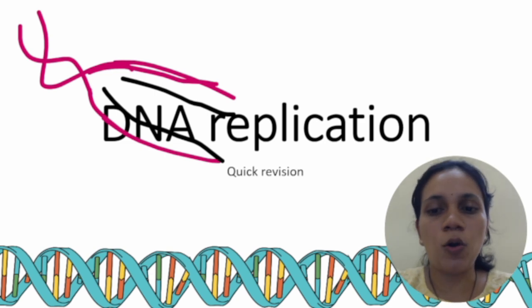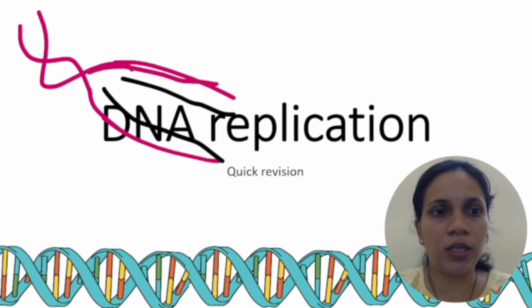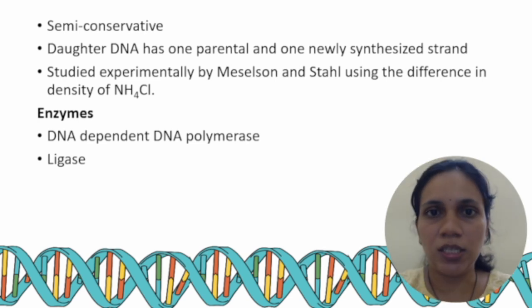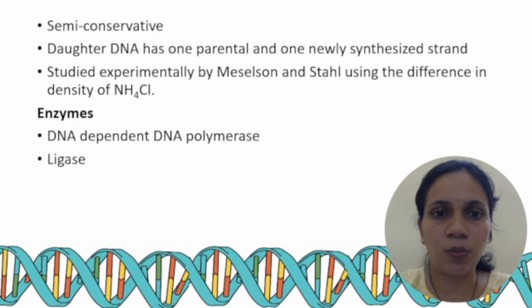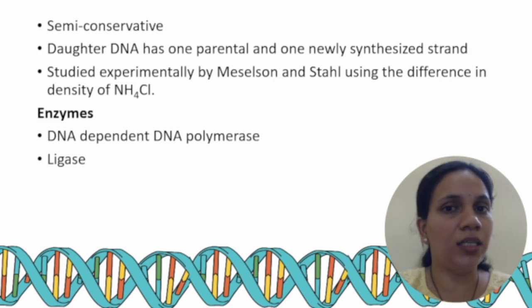So all these things are already explained in a separate video, okay? So that you can always refer. I will leave the information regarding that video in the comments or in the description. So we know that it is semi-conservative. Now we know that one strand is parental and second one is newly synthesized. That is making it semi-conservative. Then this whole experiment to prove the semi-conservative nature of DNA replication was proposed and proved by Meselson and Stahl. So this is again dealt in a separate video. I will leave the information.